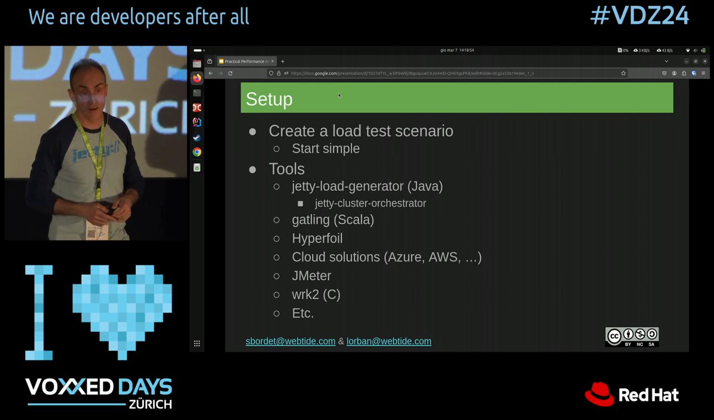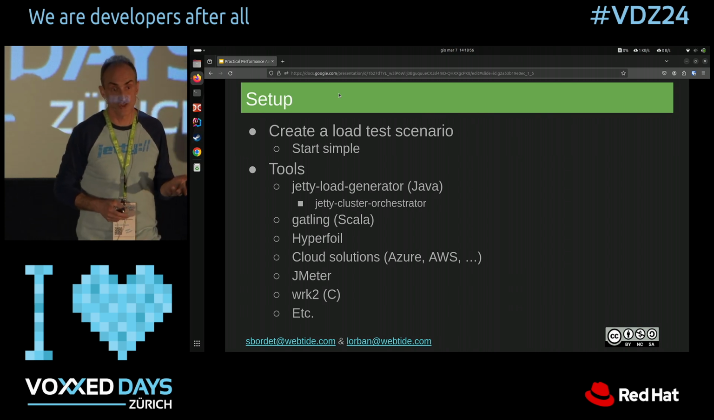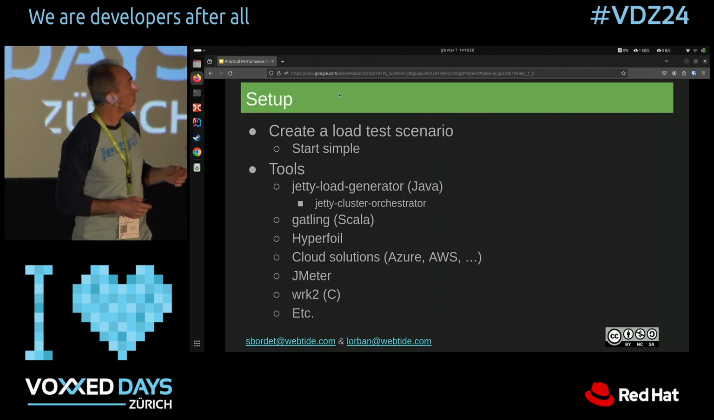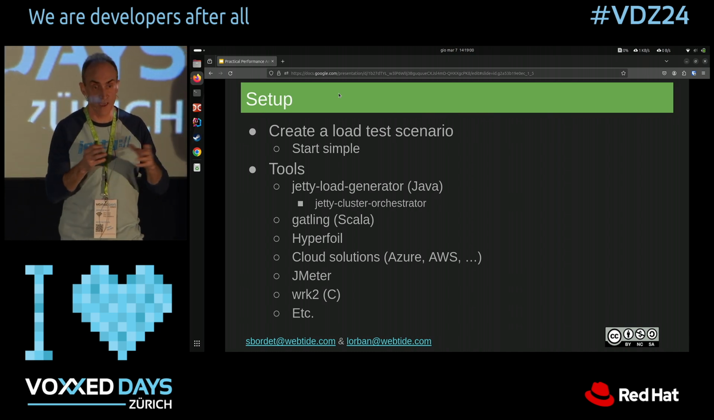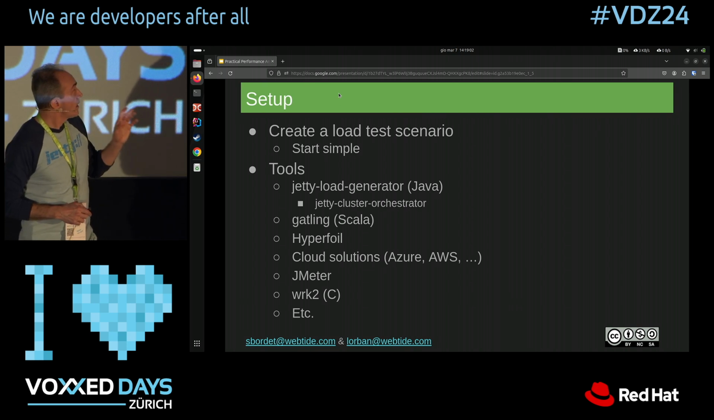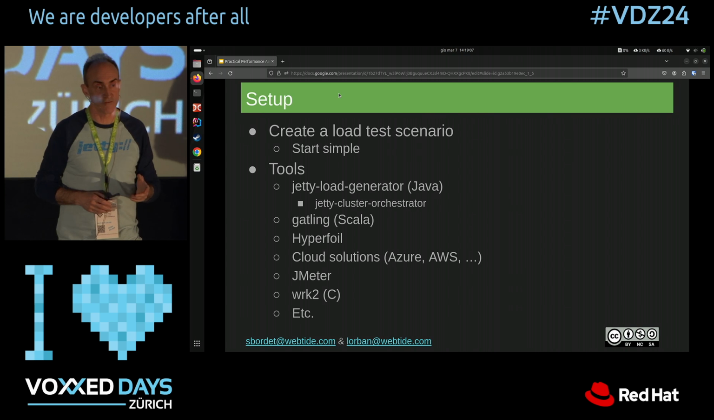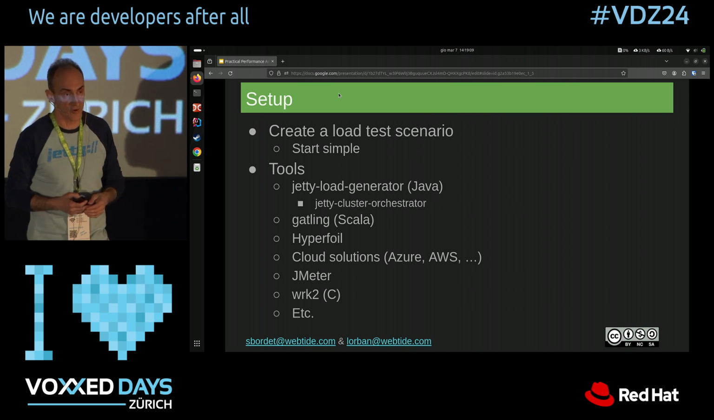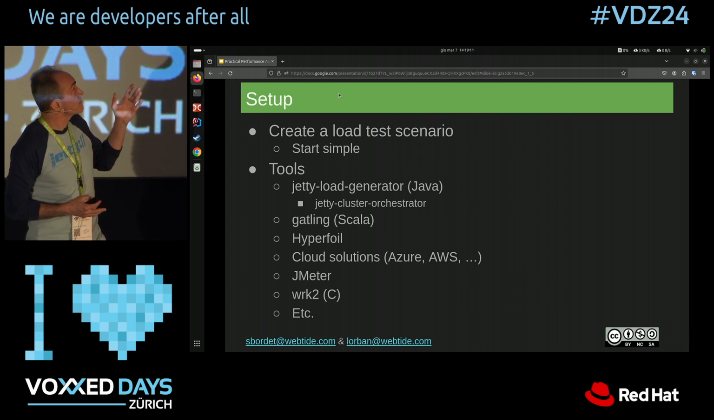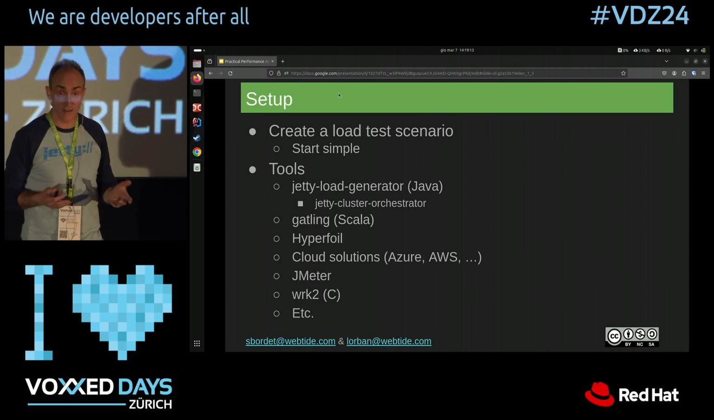JMeter is a very famous one that is written in Java. It's an Apache project. You can write workflows and take metrics and everything from it. Work2 is written in C. There are many solutions around. You have to find what is the best for you. Typically, I've seen many customers using Gatling,